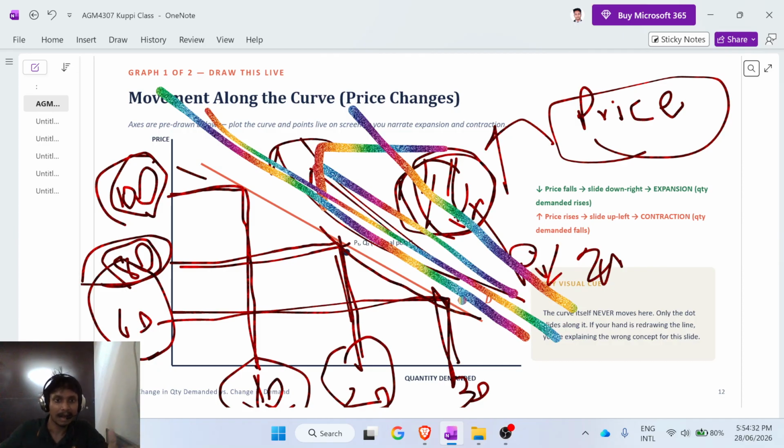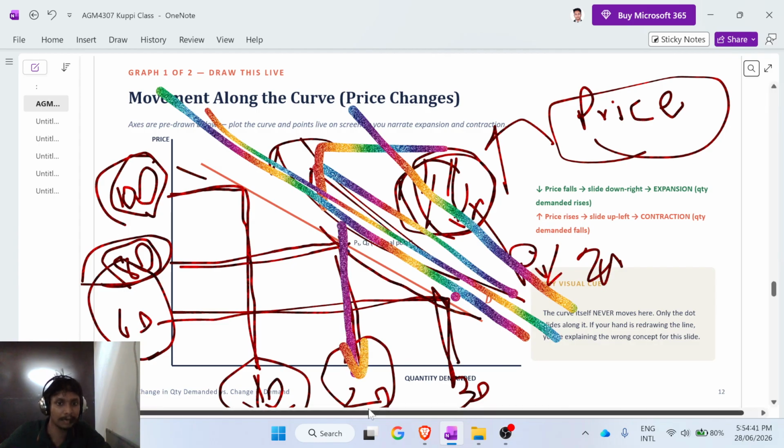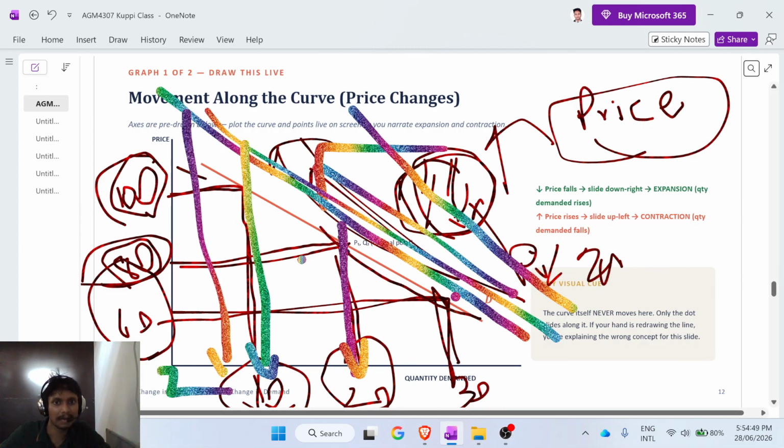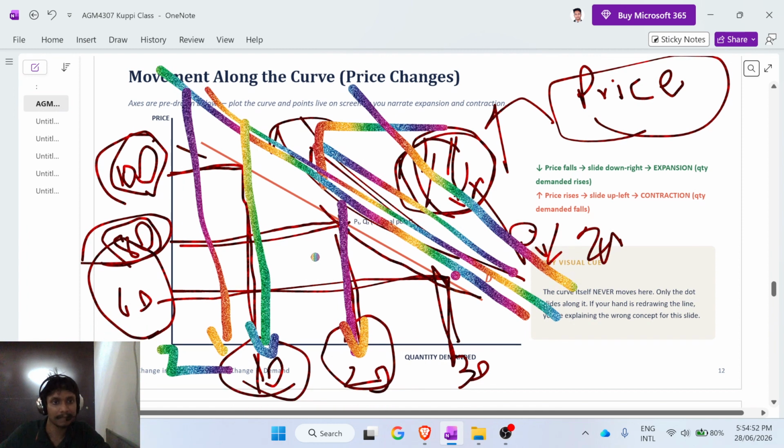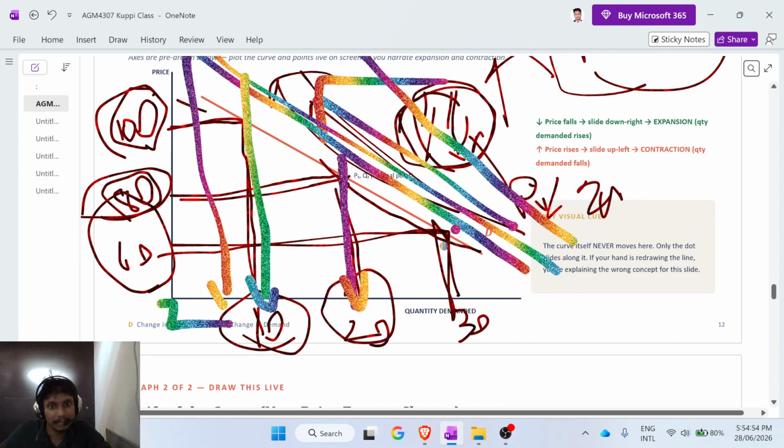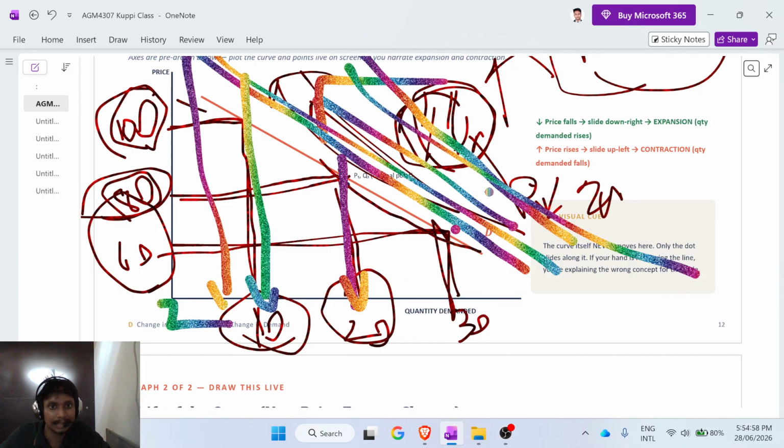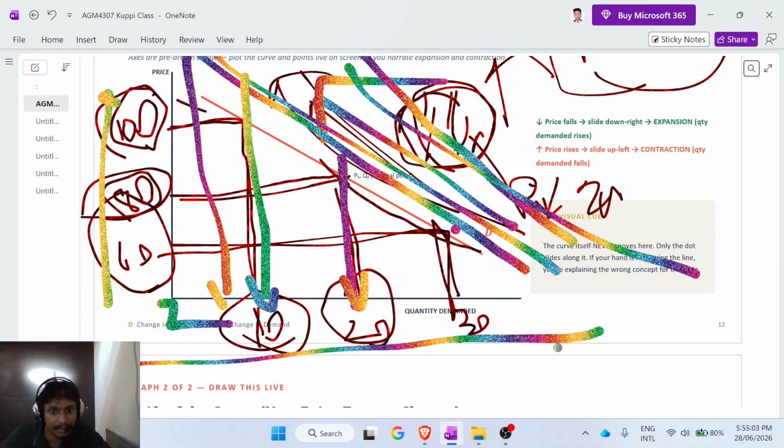That is, if the price is 60 rupees, 30 people will buy. If the price is 80 rupees, 20 people will buy. If the price is 100 rupees, 10 people will buy. If the price is 150 rupees, only 2 or 3 people will buy. That is quantity demanded. If the price increases, the quantity demanded will decrease: 30, 20,